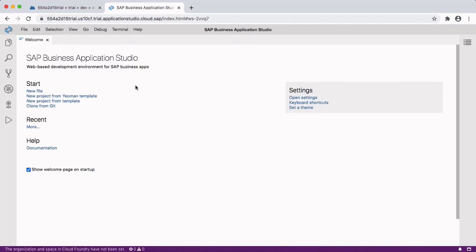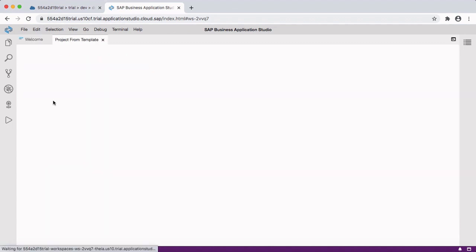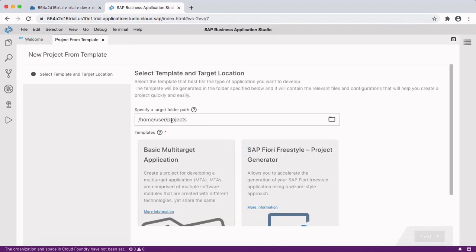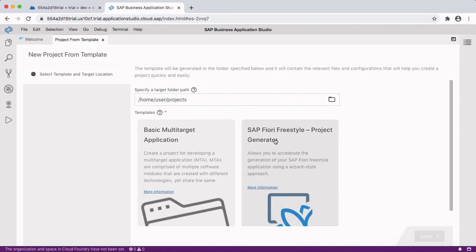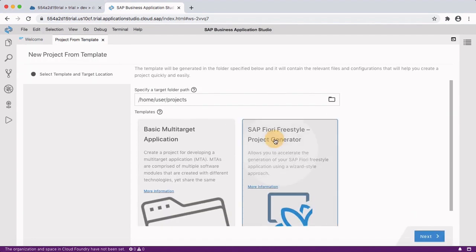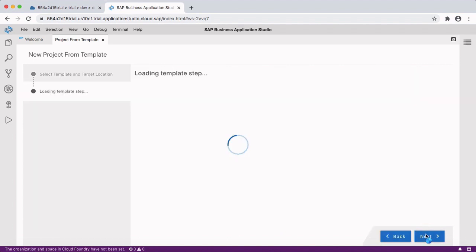Now I am inside SAP Business Application Studio. It provides different kinds of templates. To create a SAP UI5 application, I'll click on New Project from Template. I'll select SAP Fiori Freestyle template. Click on Next.